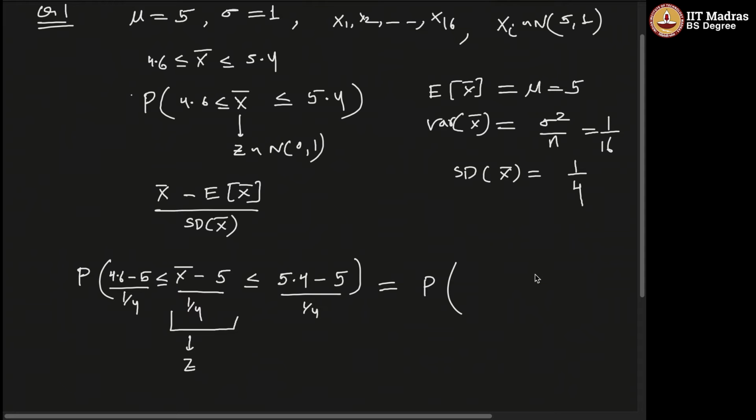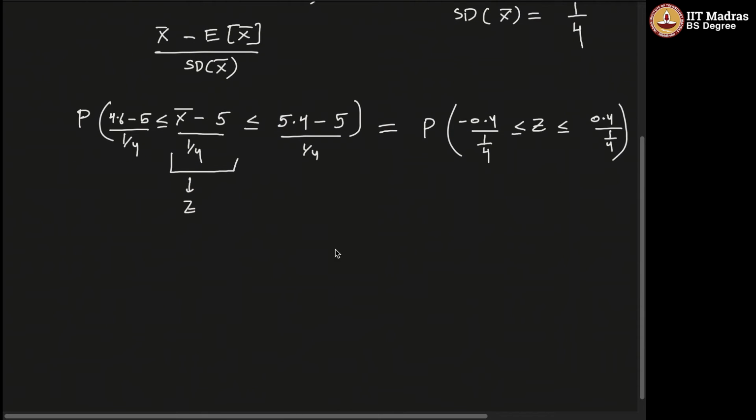So we have changed it to z, and that will be z less or equal, this will be 0.4 divided by 1 by 4 greater or equal. So here it will be minus 0.4 divided by 1 by 4. Right? And this expression here we can write as probability of,